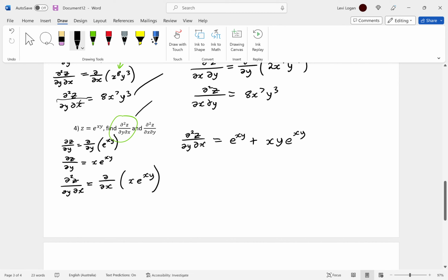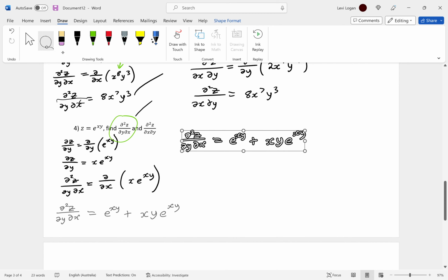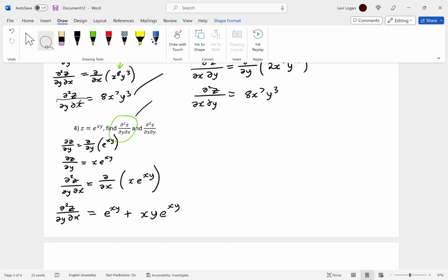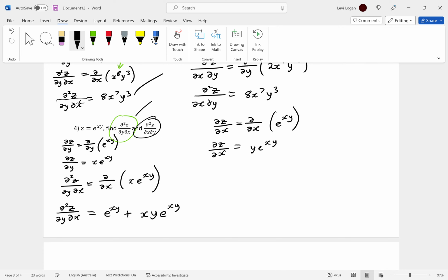Boom. Alright, let's make that a bit smaller, because I'm going to write on the... Could just move that down there. Alright, cool. Let's do the second one now. So originally you're going to have to differentiate this whole thing now with respect to x instead of y. So differentiating this whole thing with respect to x. e to the xy. Treat y as a constant, so dz over dx is going to be equal to y e to the xy. Alright, differentiating this whole thing now with respect to y,